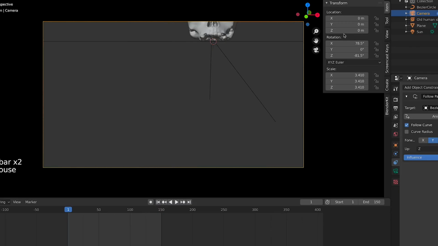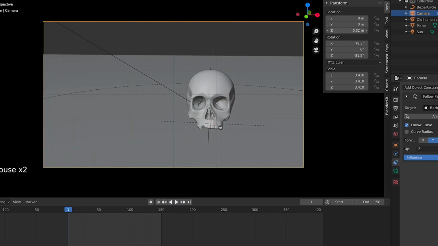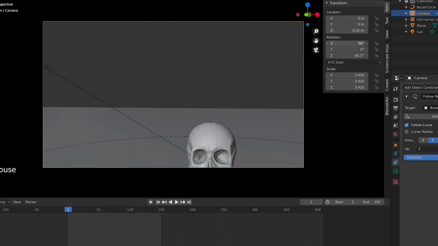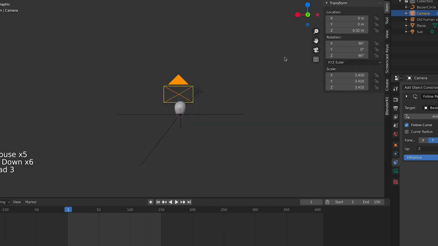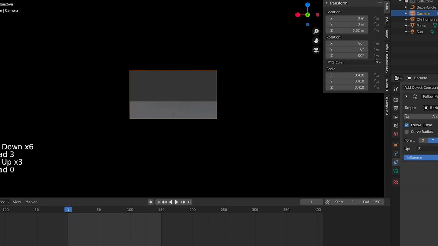Now we can go on our first frame, and here I will go up, and here also I will write down 90. Actually we need to write down -90,